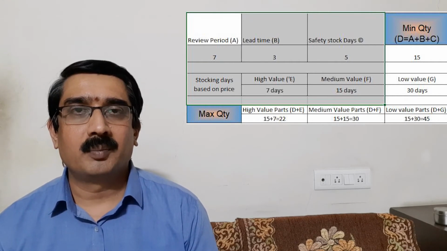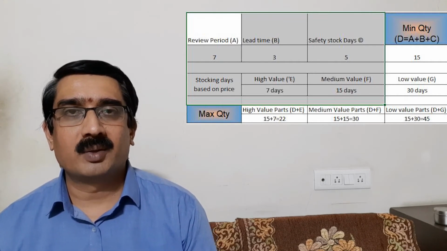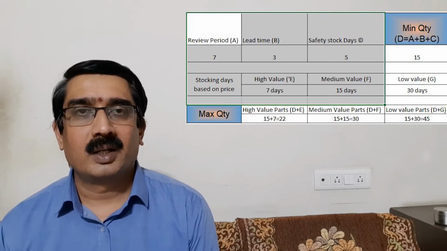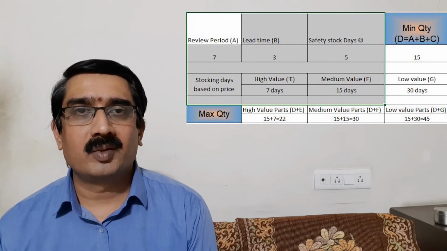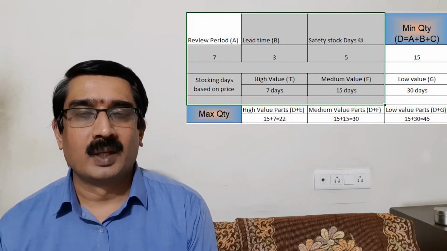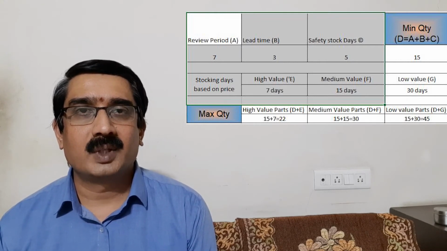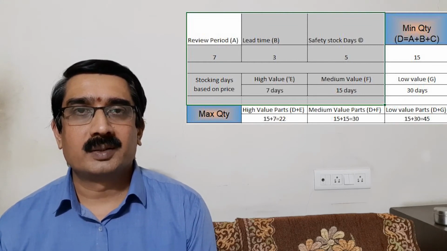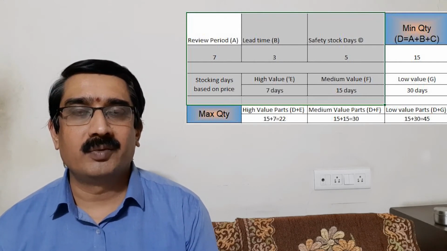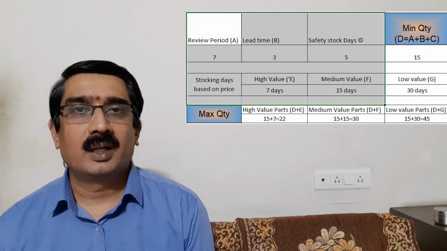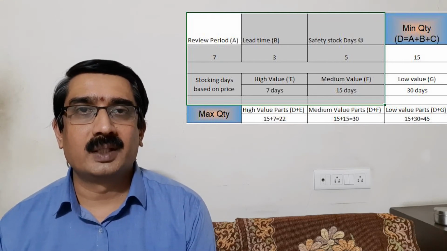Then at the end of next week, I will see what is the consumption and what is the quantity available. Then again, I will place an order for one more week. Like this, I am optimizing the resources. So in this example, let us consider that all high value items I plan 1 week only, 1 week inventory. If it is a medium value part, then probably I will review it once in 15 days. If it is a small value item, I'll assume that I will review it once in 30 days.